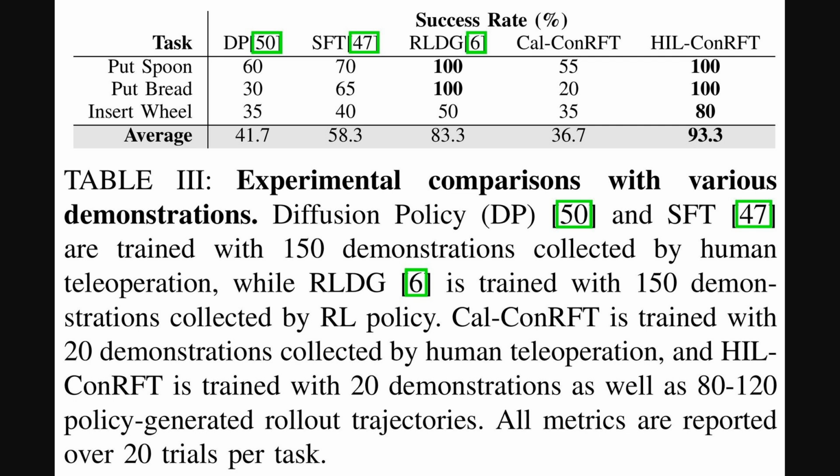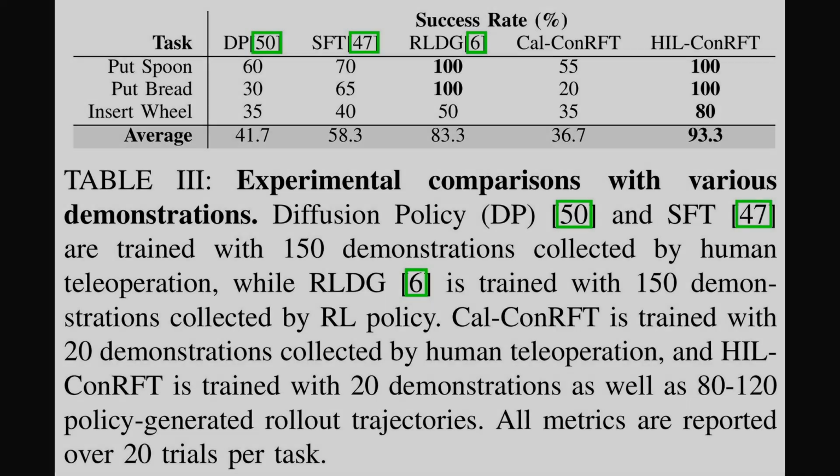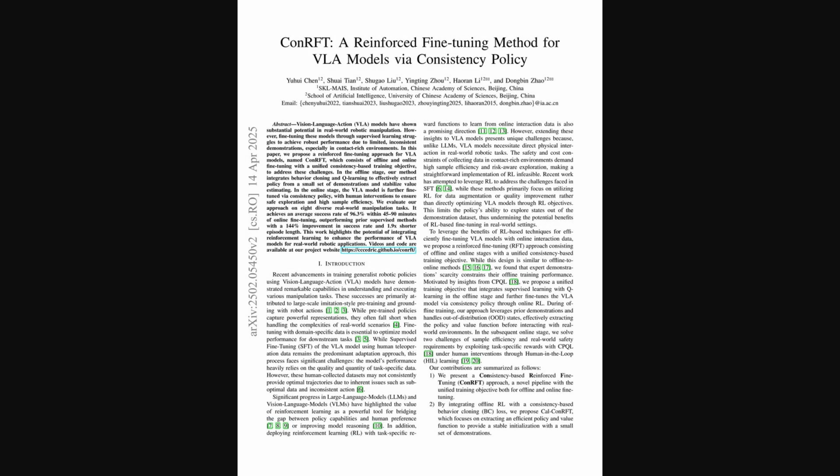And look at the average success rates across these three tasks. ConRFT hits 93.3%, which is actually higher than DP-SFT and even RLDG. Well, this really suggests that ConRFT's online fine-tuning, its ability to learn from interaction, is more crucial than just having a massive initial dataset. So wrapping up our look at ConRFT,